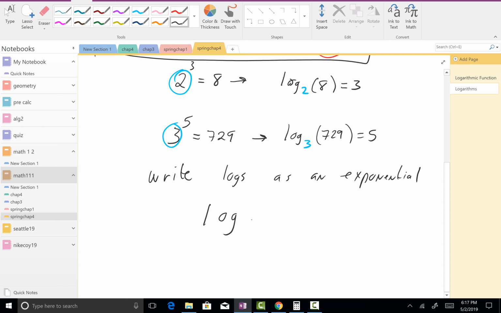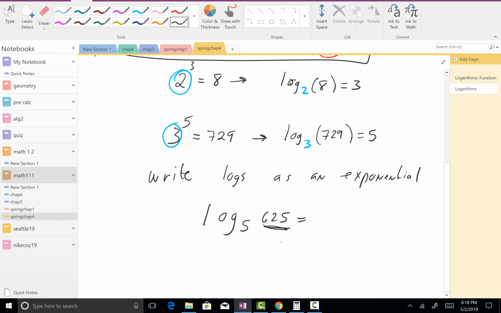Now you can have the log of any base. Okay, so you can take the log of any base here that's positive. All right, can't do any fractional stuff. So that base is a positive number. All right, and